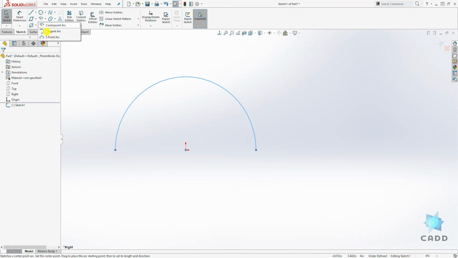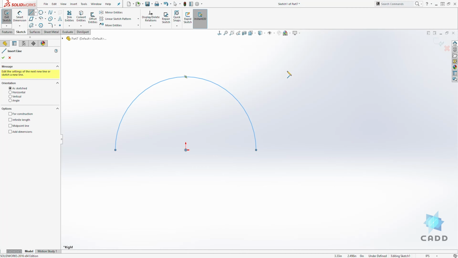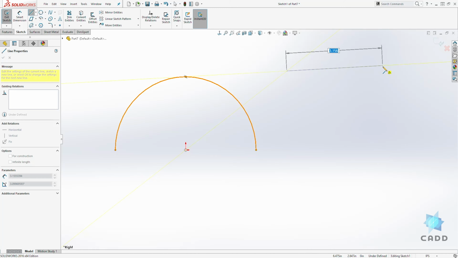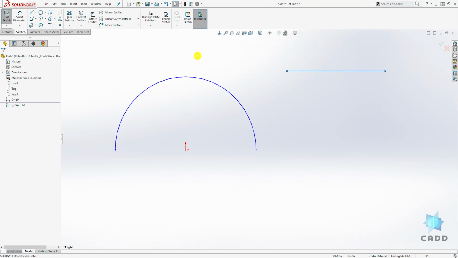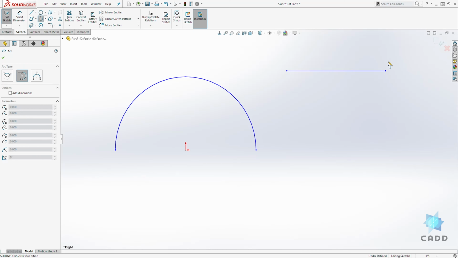The second type of arc is a tangent arc. So in order to draw a tangent arc, you need a line, because if you look at the logo for it, the icon for it, you have the line over there. So we'll draw a line. So let's say you have a horizontal line. So you now click on your tangent arc. You click the end point of that line, drag it down somewhere, click, and that's how you draw a tangent